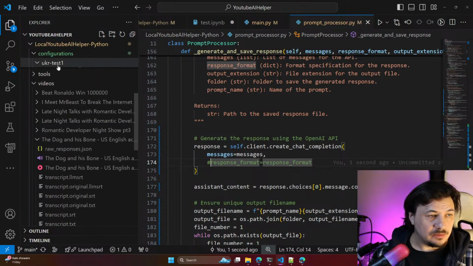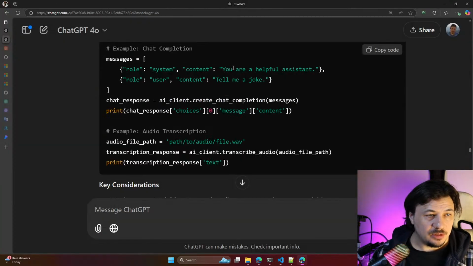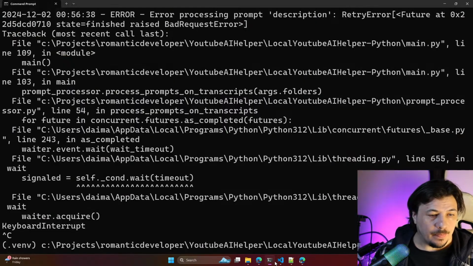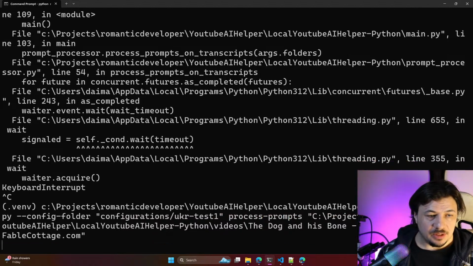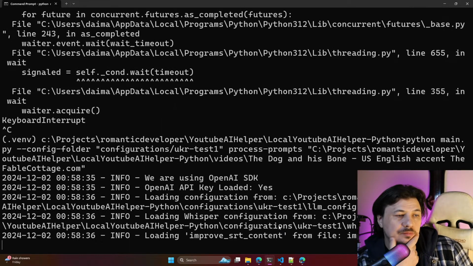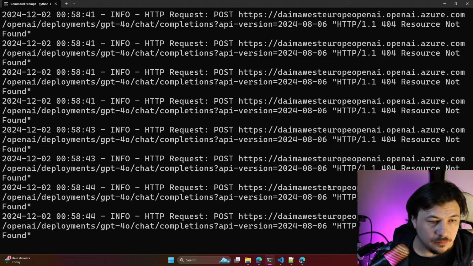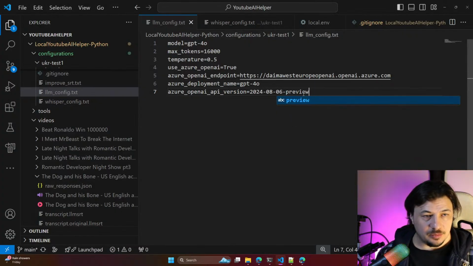And we have the configuration in here. Just have that version. Let's return it to 16, model GPT-4o, and Azure deployment name GPT-4o. And let's see if without response format is working fine. Okay. That API version is not working fine, so probably we still need to add preview.